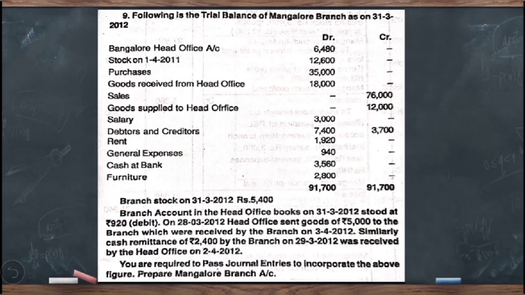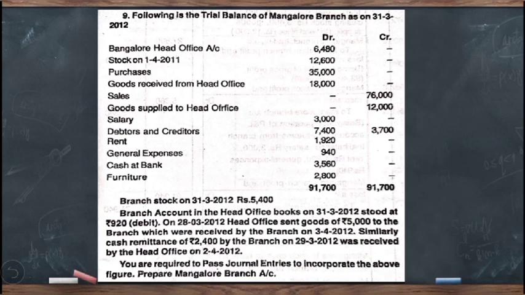In the question, it is given, following is the trial balance of Mangalore branch as on 31st March 2012. In the trial balance, we find Bangalore head office account is showing a debit balance, nothing but in the books of branch, head office account is showing a debit balance of 6,480. Then stock on 1/4/2011, nothing but it is the opening stock 12,600, purchases 35,000, goods received from head office, that is which we show on the debit side of the branch trading account 18,000,